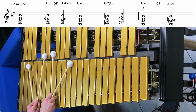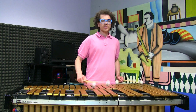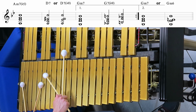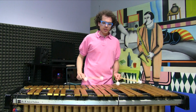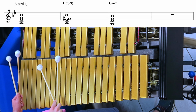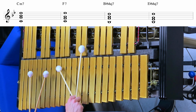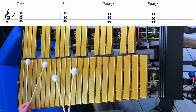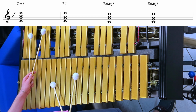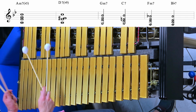I can play the flat 9 here, E flat instead of D, and then you can play G minor 7 or G minor 6. And there we go with the B section, A minor 7 flat 5, to D7 flat 9, to G minor, again C minor 7, F7, B flat, to E flat, to A minor 7 flat 5, to